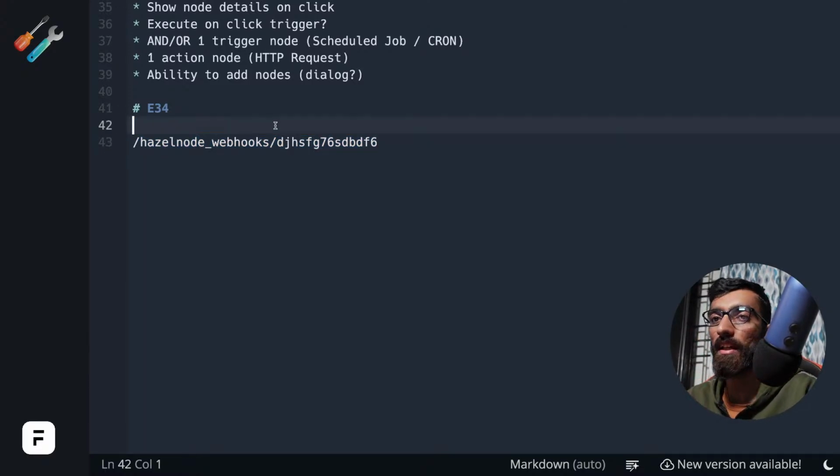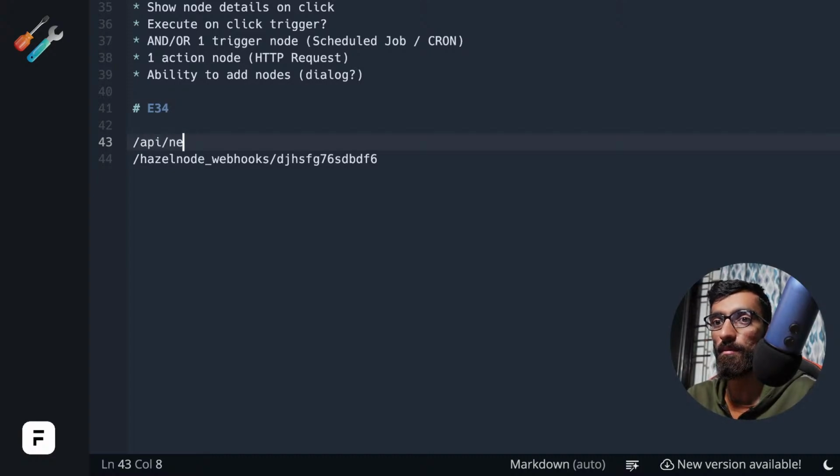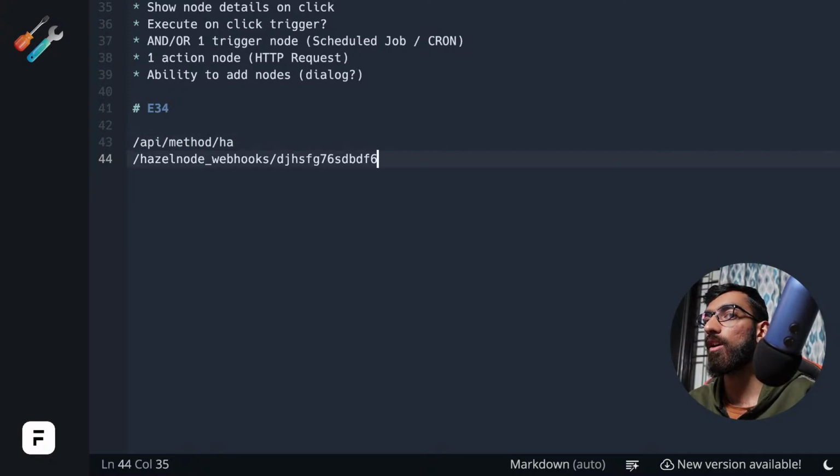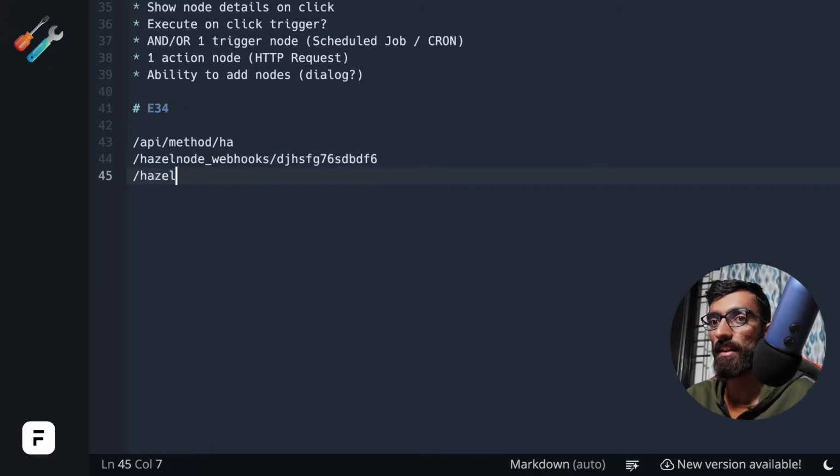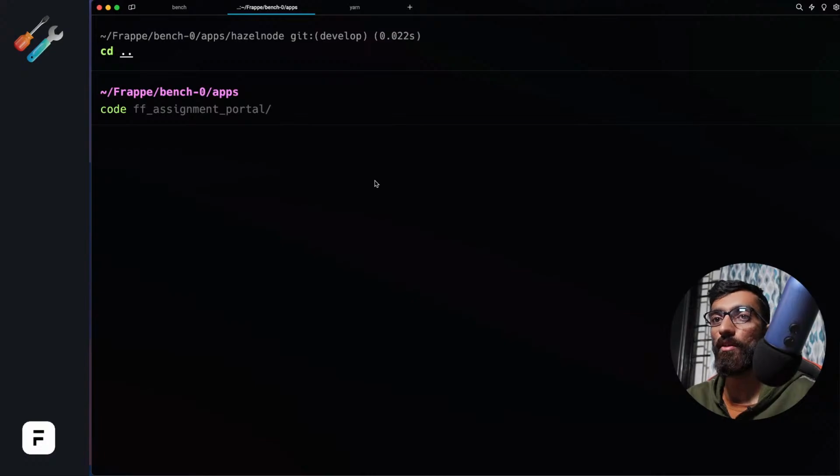We can of course have this slash API slash method and create some method, but I don't want that. I want my own URL generated that I can listen to. Maybe in some other workflow they create one more webhook and it gets a different ID. So it is interesting how we can achieve this in the framework. Somehow we have to have our own path resolver, in the sense. So if we dig deeper into how the framework resolves paths,